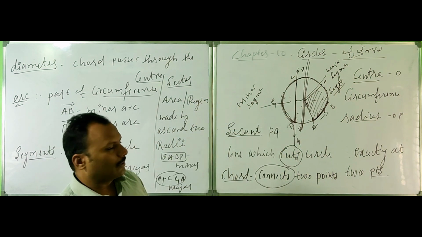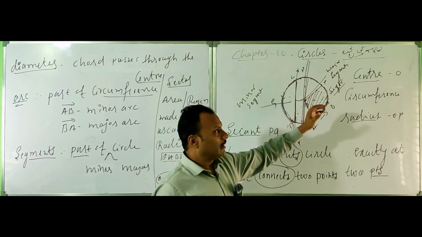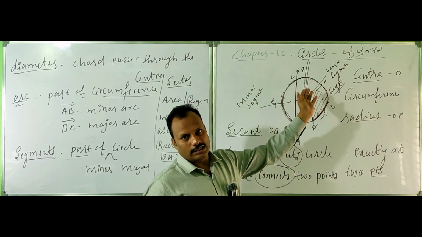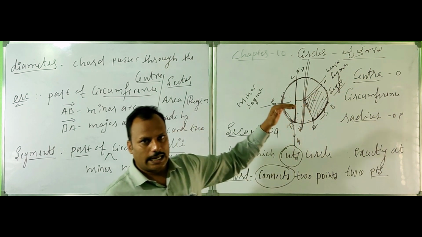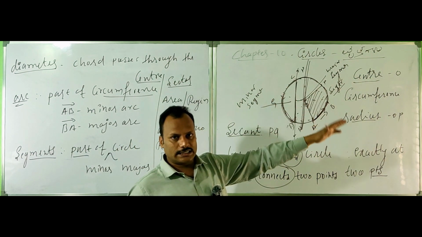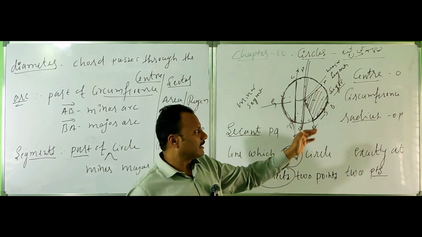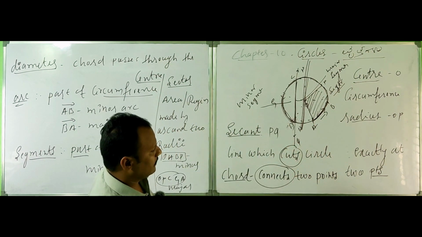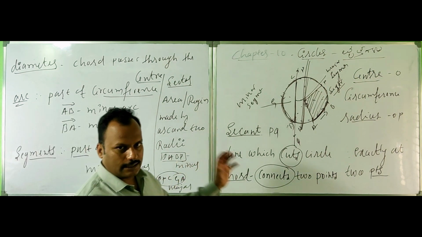Other part is interior points. Interior points means the points inside the circle. Exterior points means points outside the circle. Points on the circumference means exactly on the circumference. Then radius is done. Second, very important here,